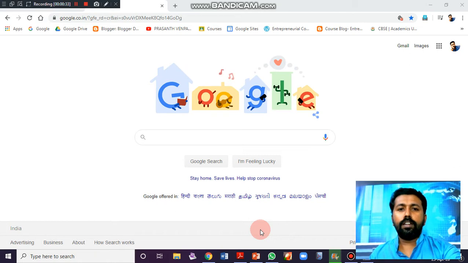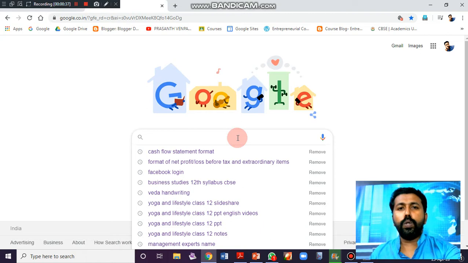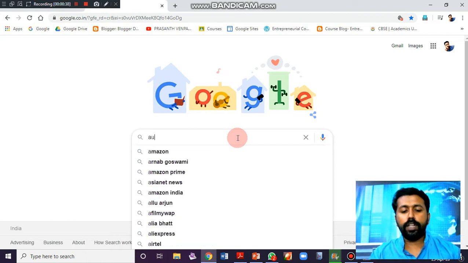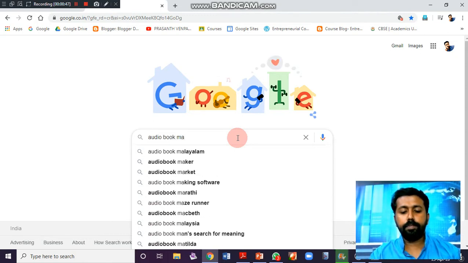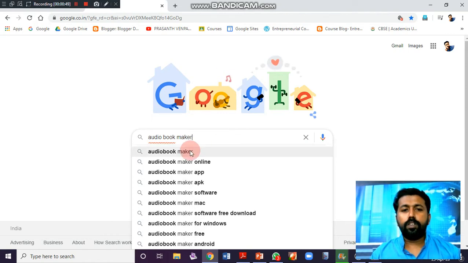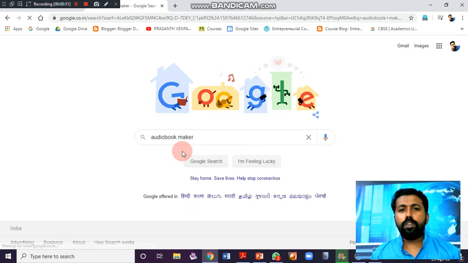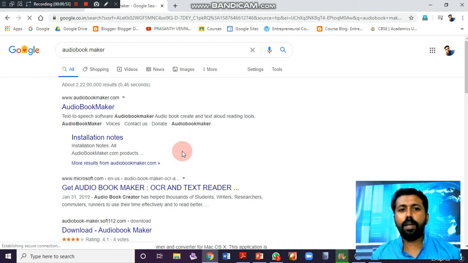The software name is Audio Bookmaker. You can download it from Google by typing Audio Bookmaker. Online platforms are available.